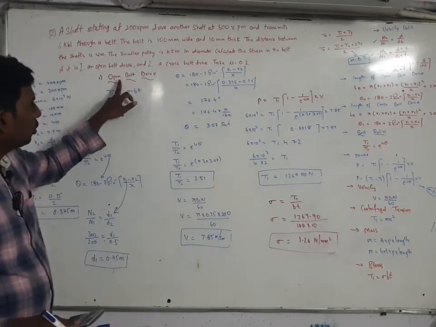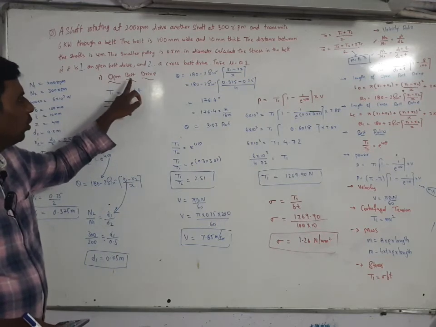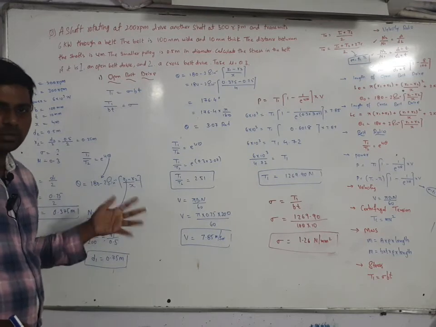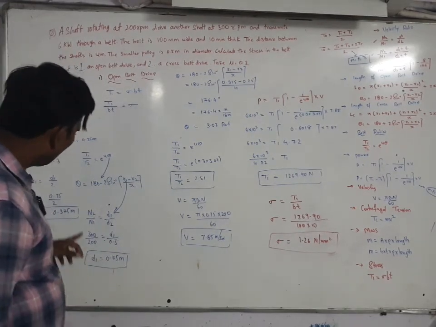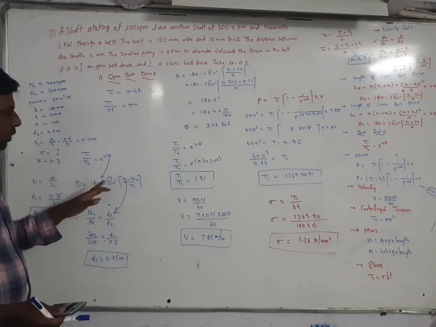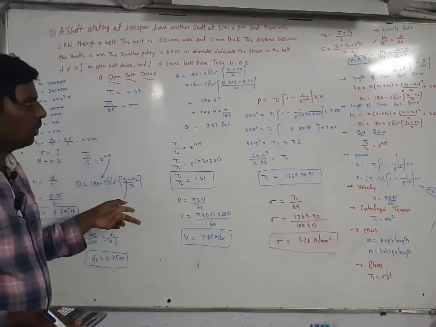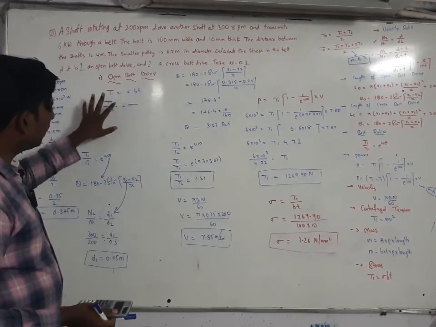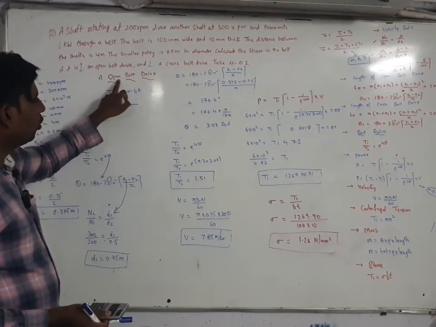See, in your question, two things are given. First one is the open belt drive, so this is the procedure for open belt drive. Suppose a cross belt drive is given, you only need to change the values here. Wherever you are finding minus, in place of minus you have to put plus. Everything else will be as it is. So the first bit you have to solve using the open belt drive.